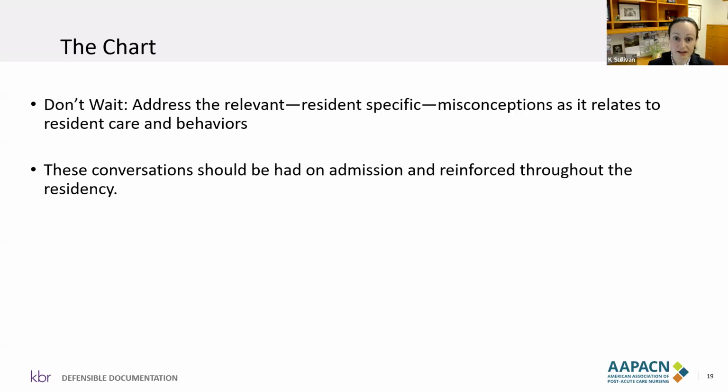You may call an ad hoc meeting to just address this particular resident's incident, evaluate what happened, what interventions were in place, why those interventions were appropriate and this fall occurred nonetheless, or what interventions need to be added. Go into that conversation prepared to answer questions, but with the understanding it's potentially going to be recorded. Each state has different laws on recording conversations and whether you're a consent state or not. I think it's just best practice to understand people are recording nowadays, but it doesn't mean we should shy away from these conversations.